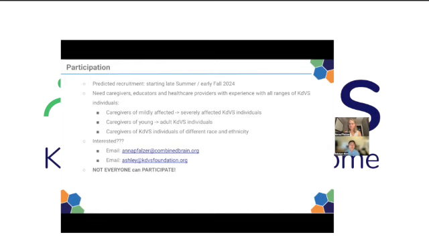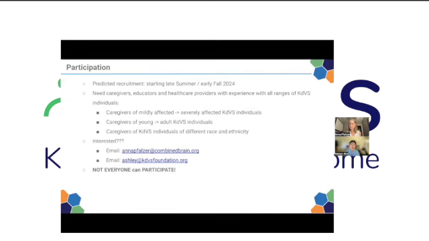We plan to start recording participants in late summer to early fall of 2024. So this timeline may allow us to prepare and ensure we reach a diverse and comprehensive group of participants. To do that, we need to include a variety of caregivers, educators, and healthcare providers with experience caring for